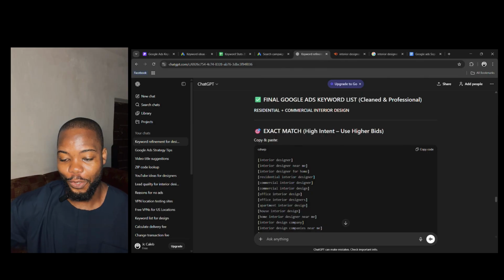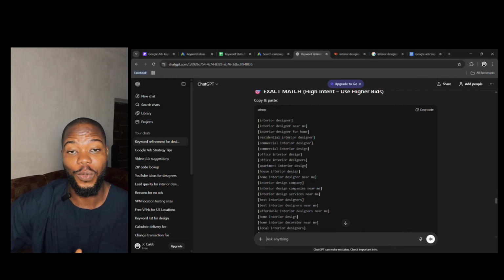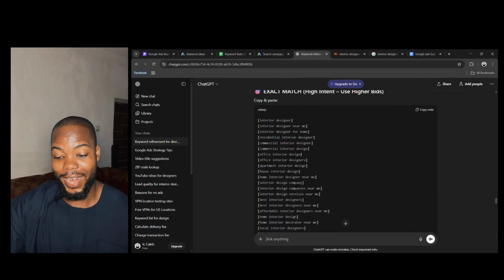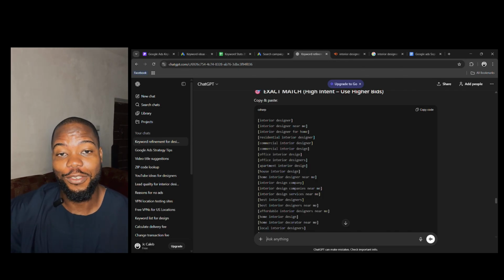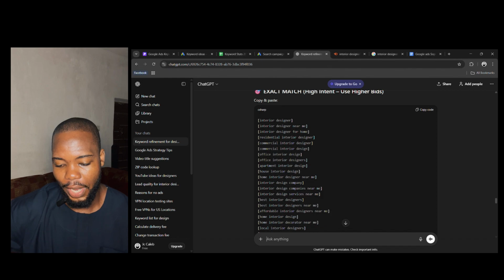These are examples of exact match. Exact match has square brackets beside them, and this shows up for exactly this keyword. So whenever someone takes their time and writes this keyword on Google, your ads will show up on the top search result. This is one of the best ways to get properly qualified clients, because someone that takes the time to search for this keyword,